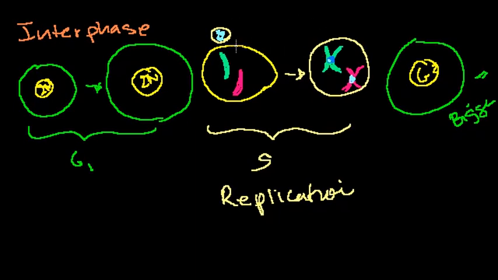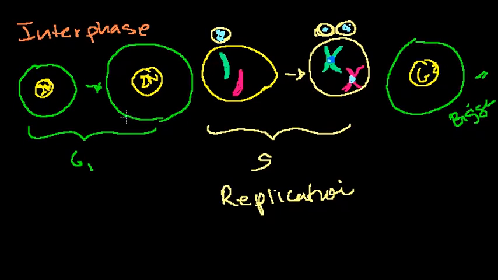Unfortunately, they've named many things in this process very similarly, or a lot of the parts of a cell very similarly. But you have these things called centrosomes that are going to enter the picture very soon, that are sitting outside of the nucleus, and they also replicate during the interphase. So you had one before, now you have two of them. And of course, they each have their two little centrioles inside, which we're not going to focus too much on just yet. So that's what happened in the interphase.